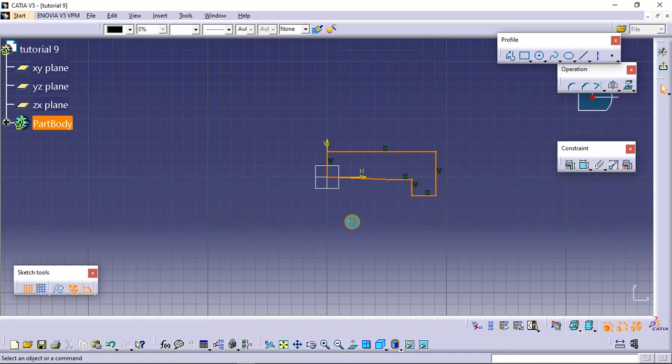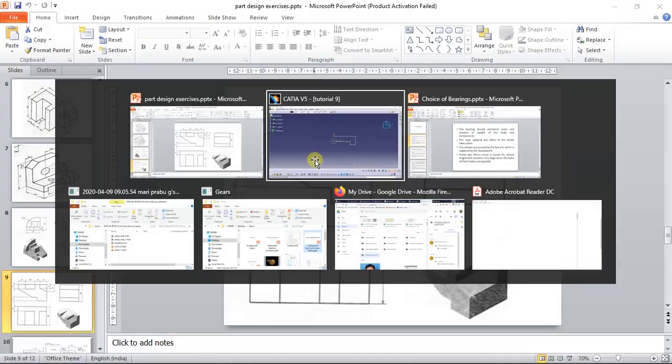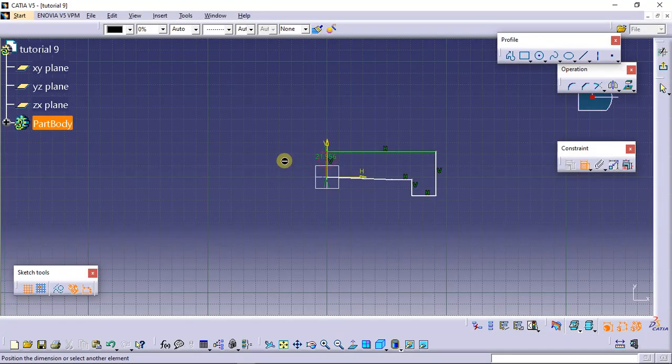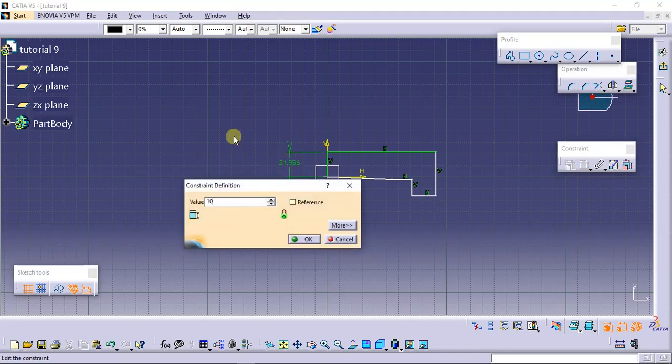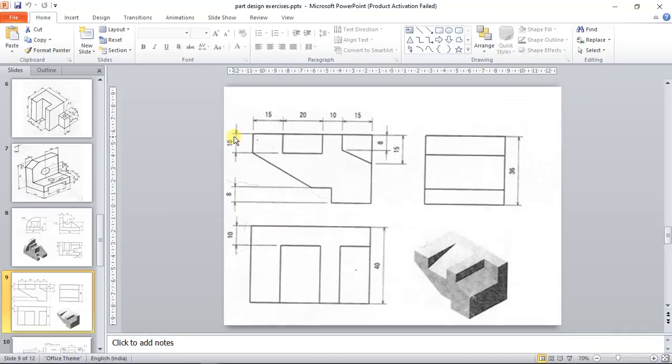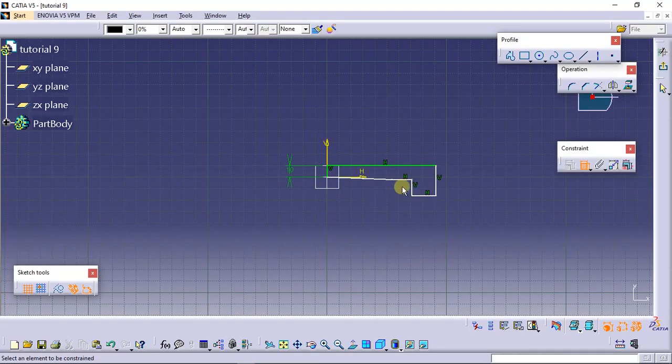So once you have drawn the sketch, give the constraints. So this is going to be 10. This is going to be 8.